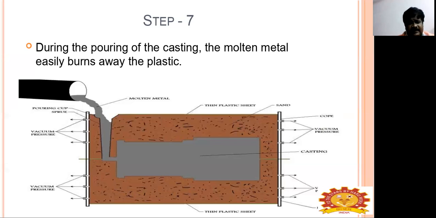In vacuum casting, the casting process for elastomers, we use a vacuum to draw any liquid material into the mold. The vacuum is used to avoid air entrapment, which is the problem with the mold. Now how vacuum casting works: it follows the process which we use to make the final product.